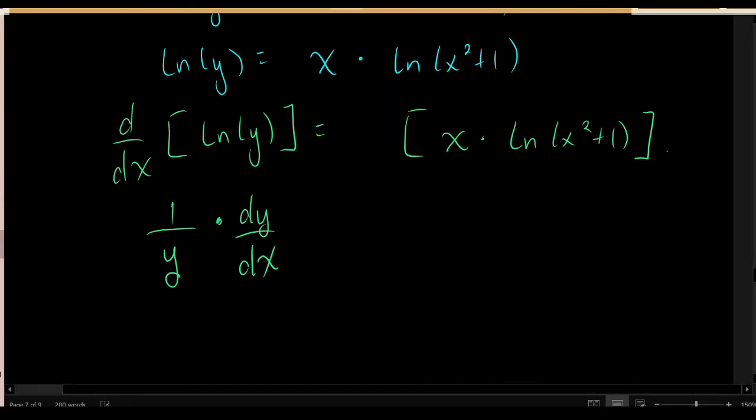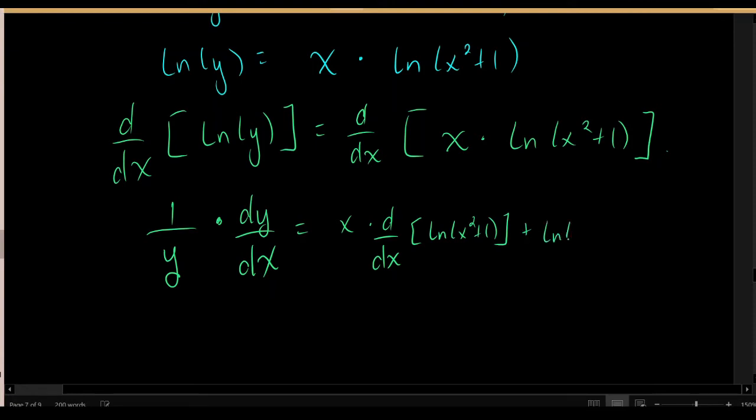This is supposed to be saying d dx. Because now let's use product rule to split apart this expression on the right side. We have the first times the derivative of the second, plus the second times the derivative of the first,